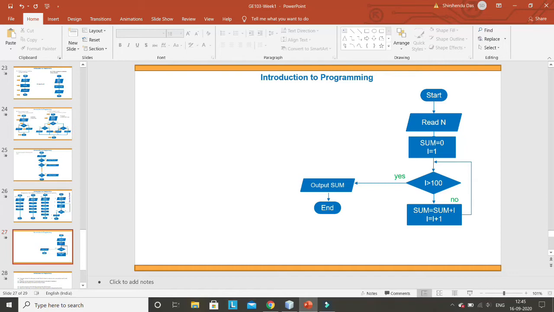So how to write the program? First of all, we will start here, then we'll read the value of n. If the value of n is 10, we have to add from 1 to 10. If it is 50, we add from 1 to 50. If it is 100, we add from 1 to 100, and assume that we cannot use any other formulas. Maybe you will ask, sir, I can use a formula directly to add this. Assume that no straightforward formula exists. Then how to write it?